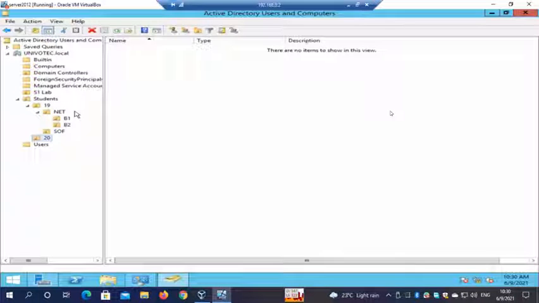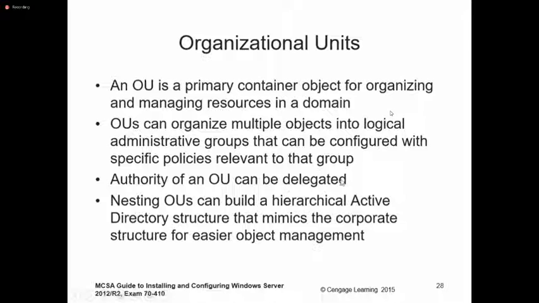Whatever the policies are will automatically apply when I change the user's group. So it's very easy: just apply the permission to the group and then move the users to the correct group. Right. Authority of an OU can be delegated.